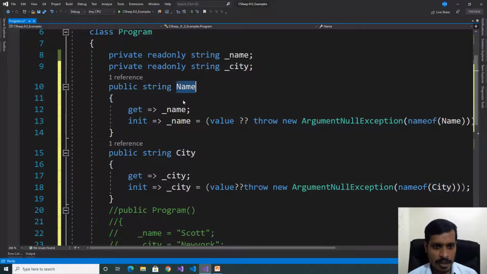Here we have a property with get and init. Here if we have a value, then we will assign the value to this variable, otherwise we'll throw the ArgumentNullException.